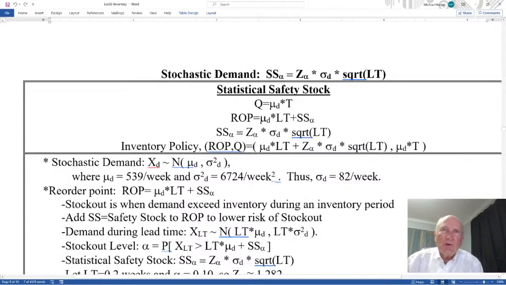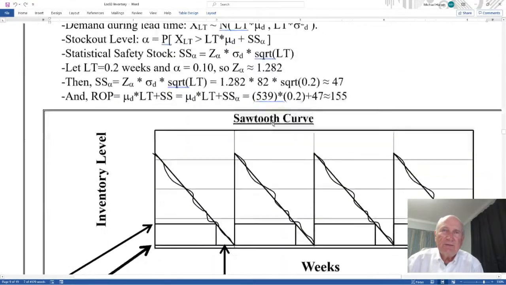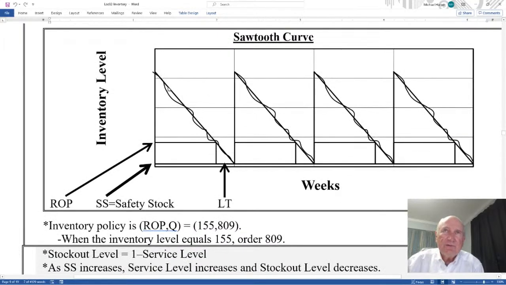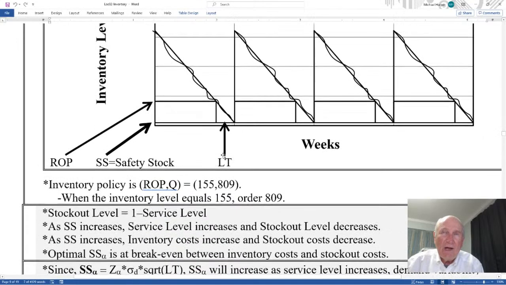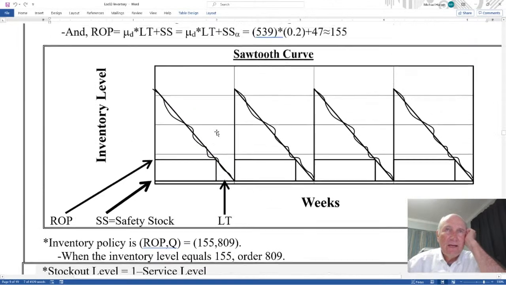Okay, let's derive this real quick to show how it works. Essentially, let me show you this down here. So here comes the sawtooth curve, and notice here's the mean. But this line here is the actual demand because it's a random variable. It's coming down. Boom, right there, we place an order. Now my demand during lead time, when I have safety stock in here, then I'm saying, well, I'm going to have stock out if my demand during my lead time exceeds this reorder point. There's my safety stock and there's my reorder point. So I'm saying, okay, if my